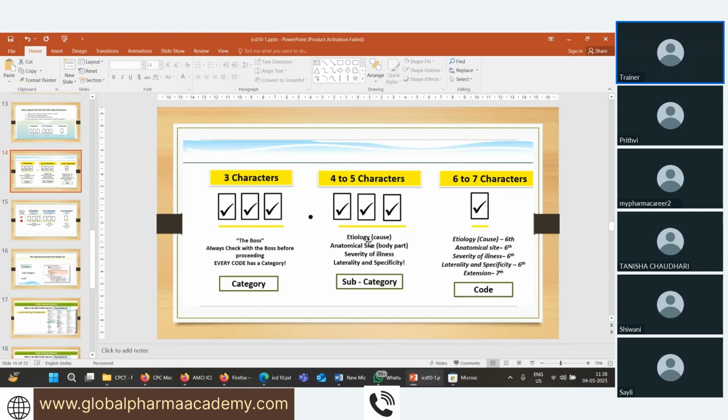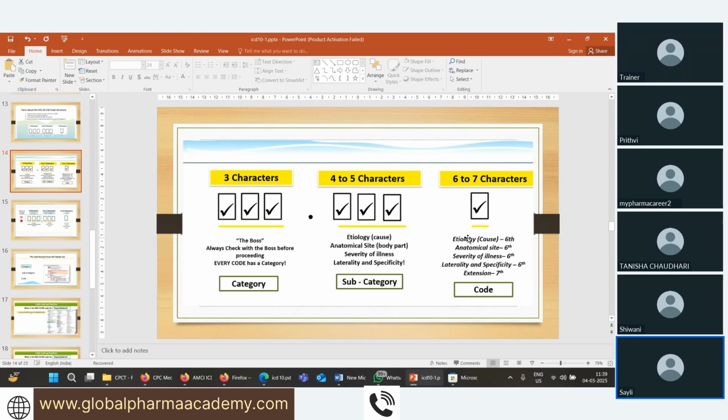यहाँ पे भी जो थी anatomy थी 4 5, पर यहाँ पे etiology। अगर injury है, ठीक है, तो injury fracture है, तो fracture will be my first 3 character। ओके, hand will be my 4 5 character। हैंड में भी कहाँ पे fracture है, radius में है, ulna में है, that will be my 6 and 7 character। Get my point? Understood? Example fracture का,